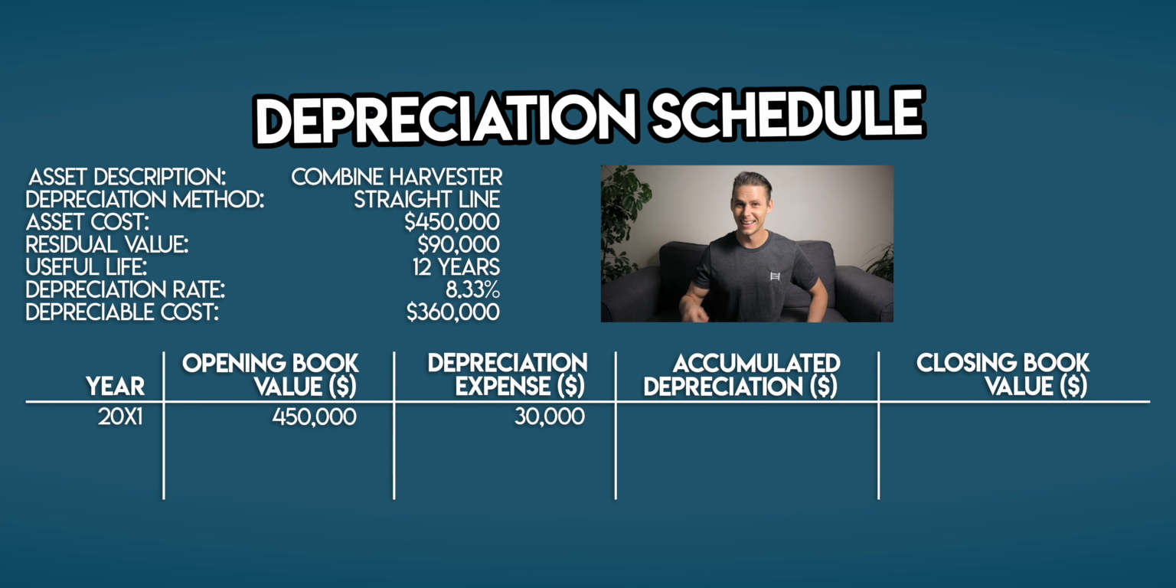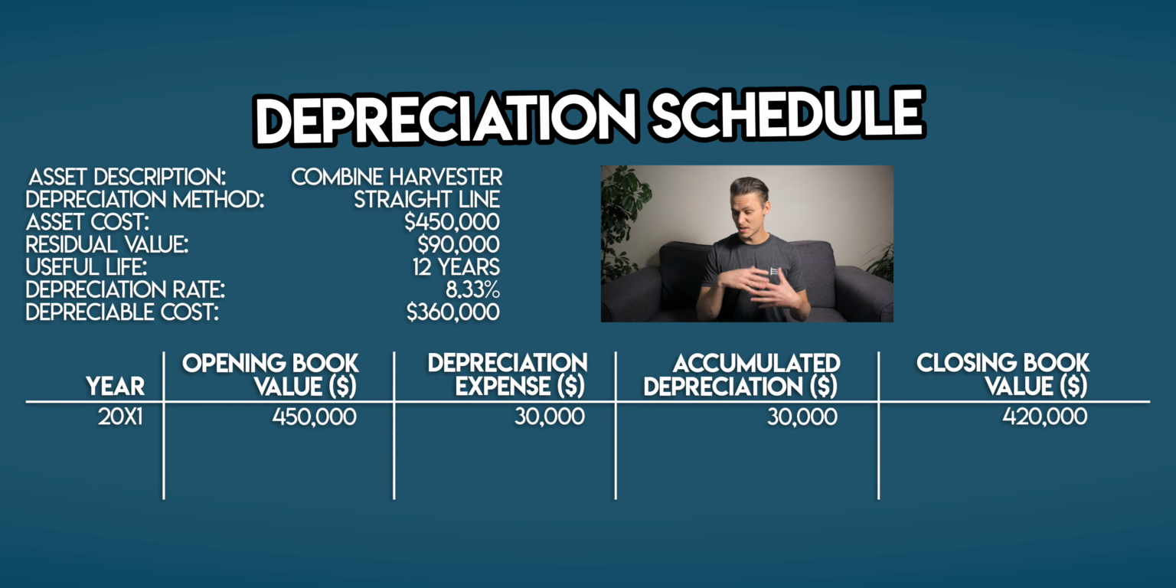Next, we need to work out your accumulated depreciation, which is the sum of all depreciation incurred to date. In year 1, this is $30,000, exactly the same as your depreciation expense. Your closing book value is the carrying amount of your combine harvester in your balance sheet at the end of the year. We can work it out by taking your opening book value and subtracting your depreciation expense. $450,000 minus $30,000 is